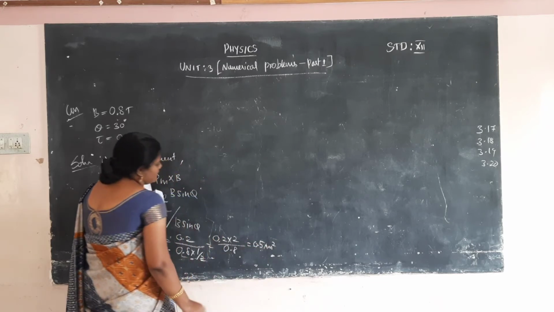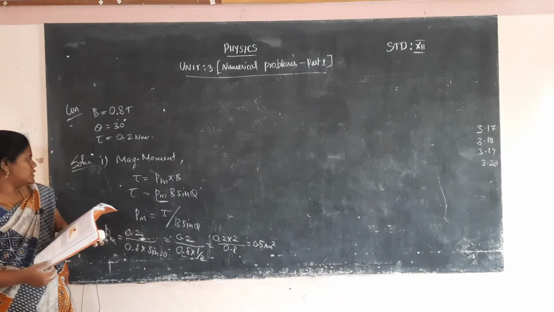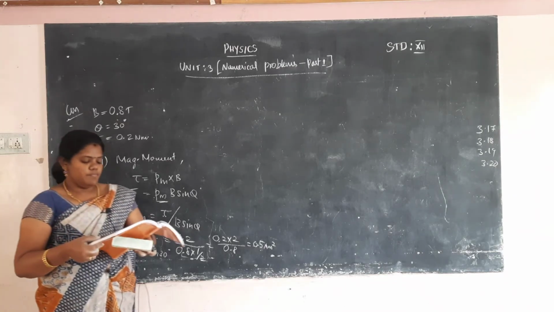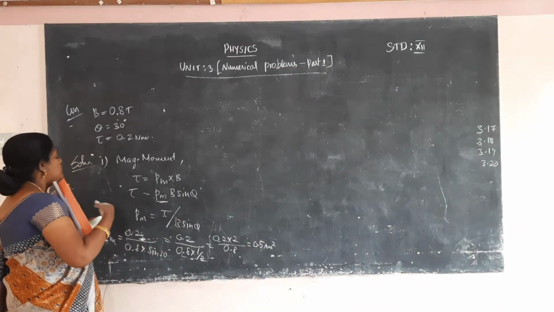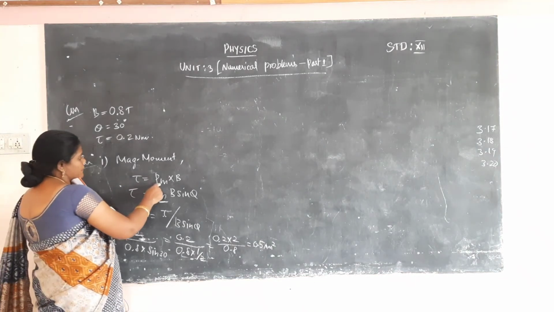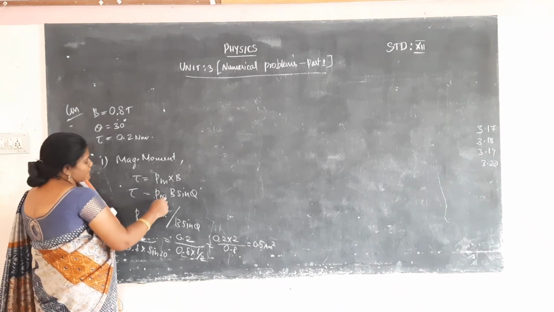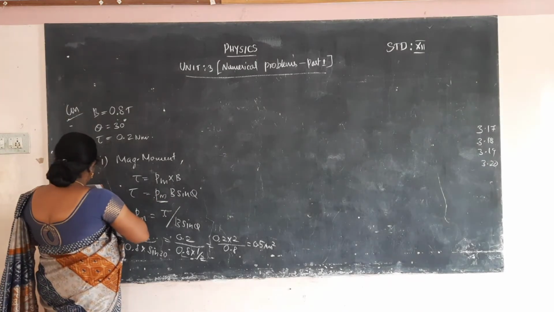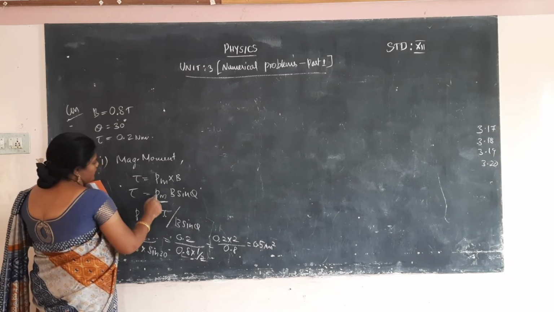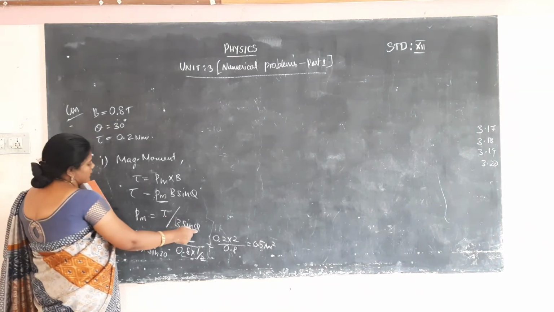Ampere meter square. Okay. So the answer is 0.5 ampere meter square. That is the magnetic moment of a magnet. Okay. So how did you derive them? First we take the torque value. The torque formula: torque tau is equal to PMB sin theta. So PM is equal to torque by B sin theta. Substitute the torque value, the B value and the theta value.